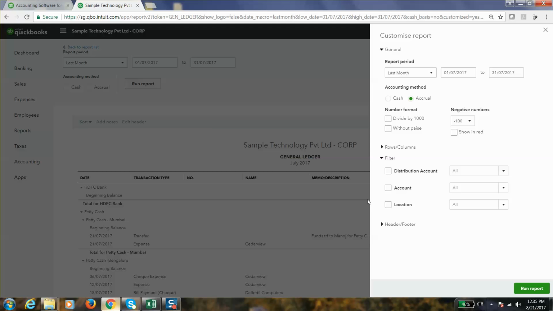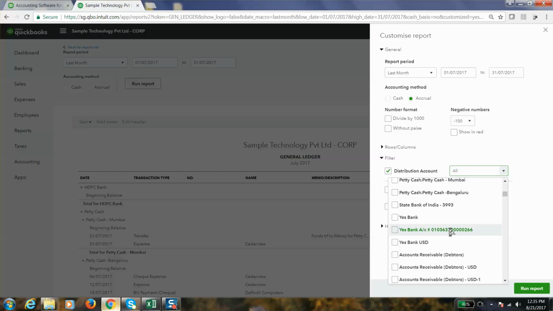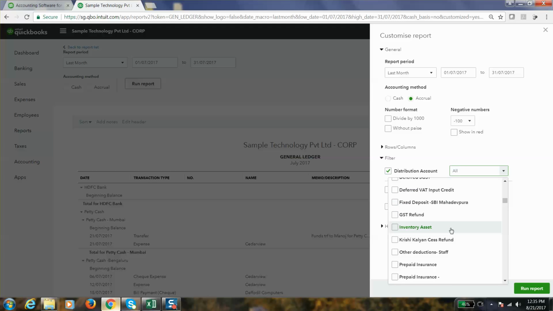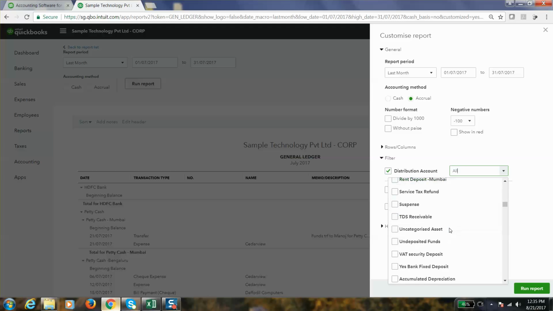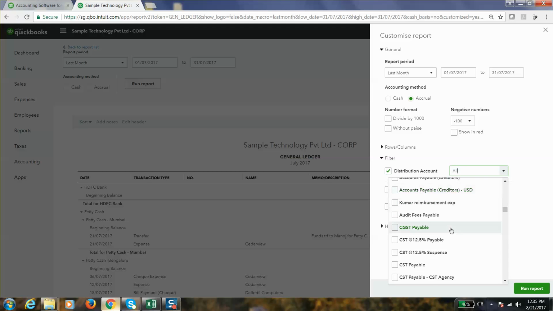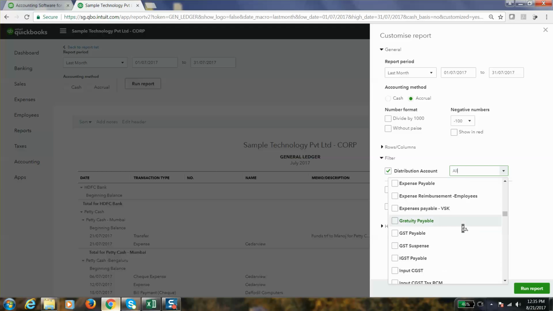When I say GST specific accounts, you include only accounts which are output GST account and input GST account. As you know, all the transactions would have been recorded either in input GST account or output GST account, depending on whether they are sales or purchases. I am selecting one by one each of these accounts, which are probably 8 or 9 accounts, and I am selecting one here on the